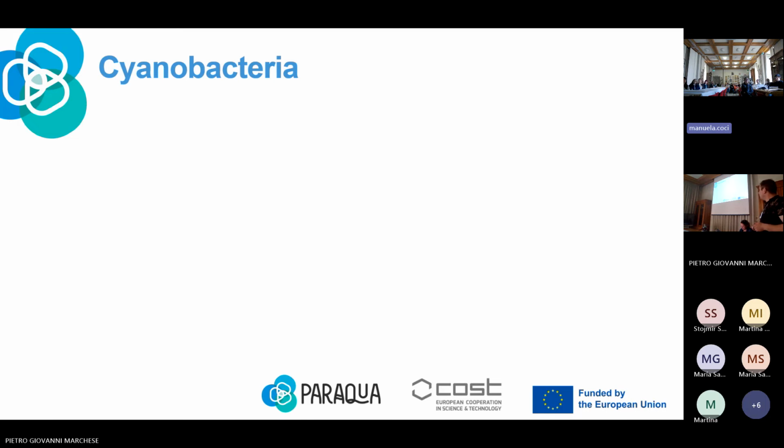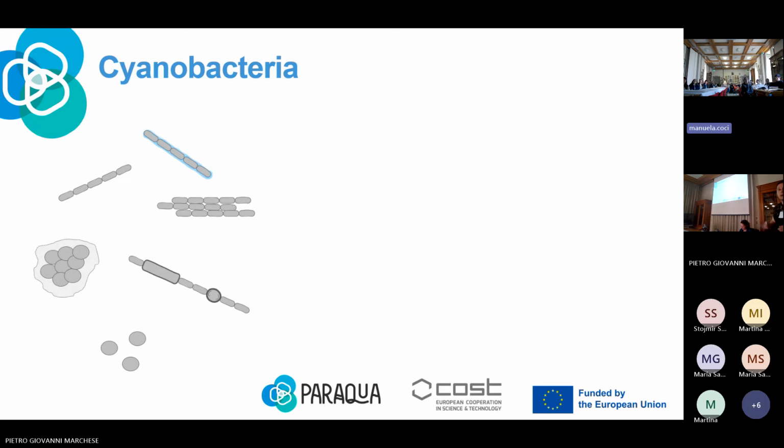So what about cyanobacteria? Some basic words. We have different shapes and forms of cyanobacteria, from single-celled cyanobacteria, which can also form colonies. They can produce gelatinous sheets, and they can exist in such colonies, for example, Microcystis. But a lot of cyanobacteria exhibit a filamentous form, and they are also quite difficult sometimes to isolate because of